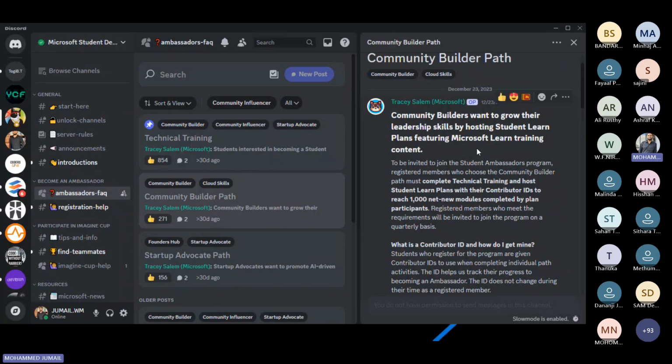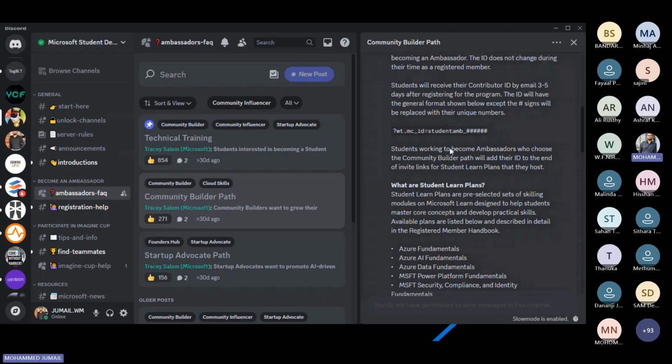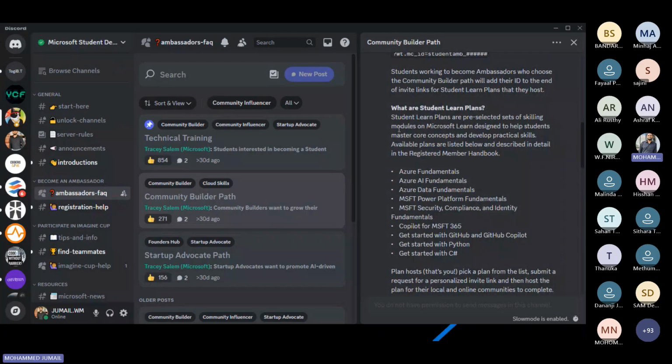The community builder path is for those who want to grow their leadership skills by fostering student learning plans featuring learning training. This is the contributor ID, that means my ID. These are the learning plans.